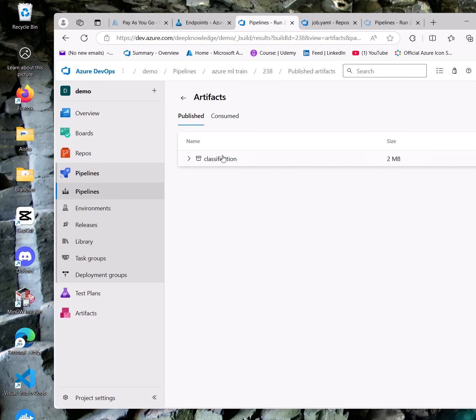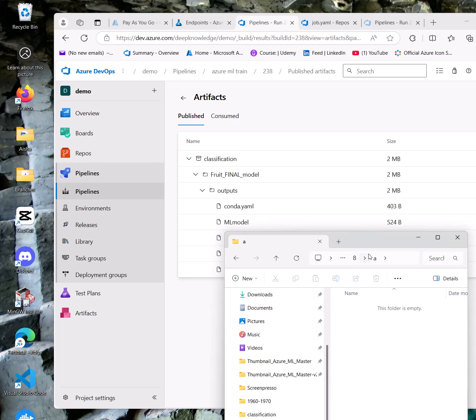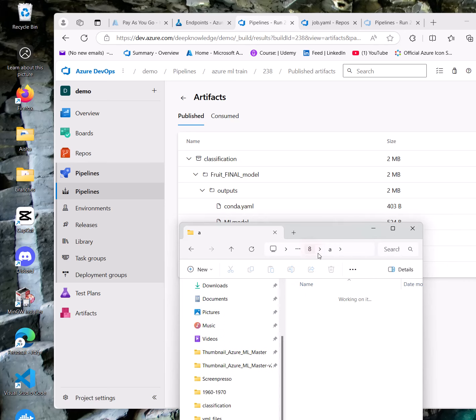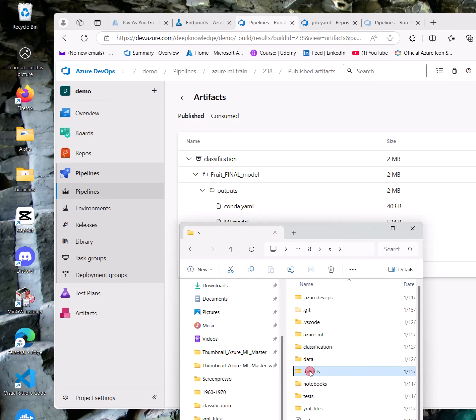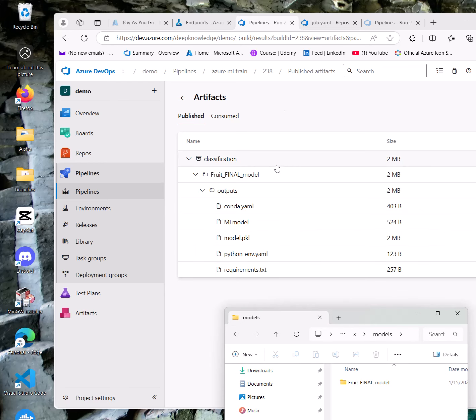Click here and you can see the artifact, I mean, what is in your DevOps registry, the resource directory, models, everything will be copied to here. And now you can share it with your friends. But I will try to show you how to use this in a release pipeline and also use it for inference. Thanks for watching and see you next time.